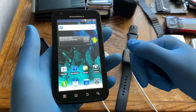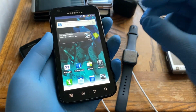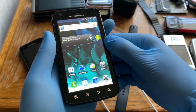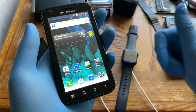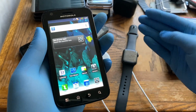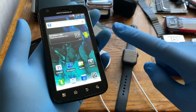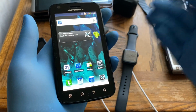But a lot of people who just wanted a lot of power also bought this phone, because this phone is really powerful for its time. 1 gig of RAM, dual core processor, Nvidia Tegra 2. This was the powerhouse for a long time. Until the Galaxy S2 was released, this was the world's most powerful phone. But when the Galaxy S2 was released, obviously it was more powerful. It had a more powerful processor than the Nvidia Tegra 2. But for some time, this thing was the world's most powerful phone and was a pivotal point in mobile phone